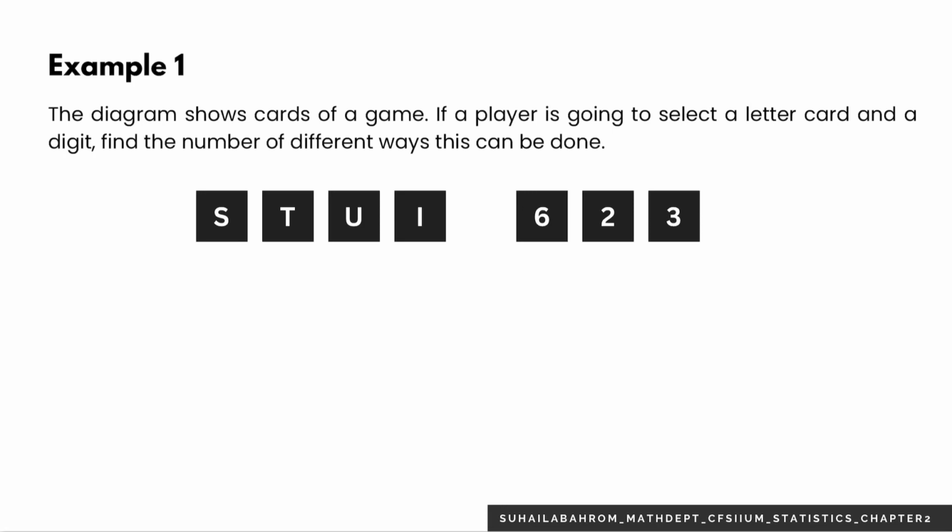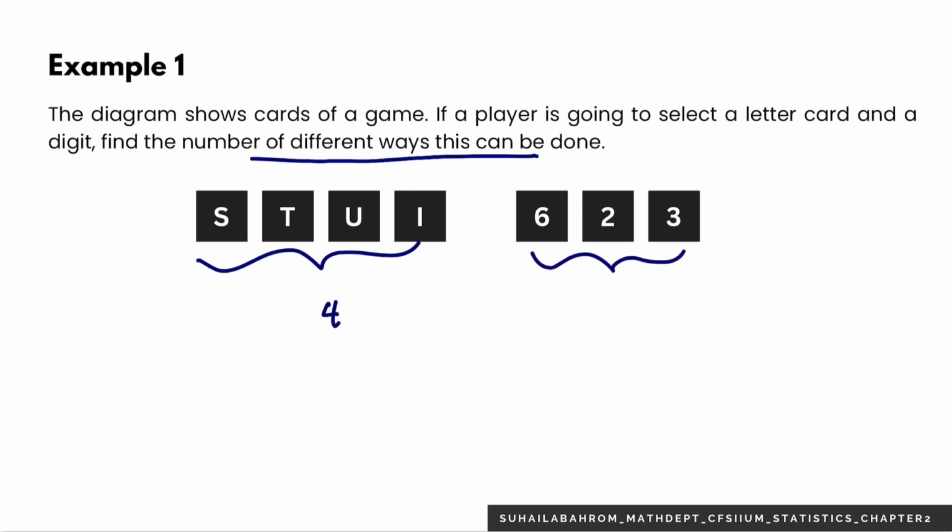Let's look at the first example here. The diagram shows cards of a game. If a player is going to select a letter card and a digit, find the number of different ways this can be done. So we have the total number of cards here is 4, and the total number of digits here